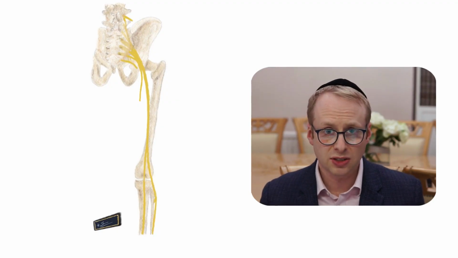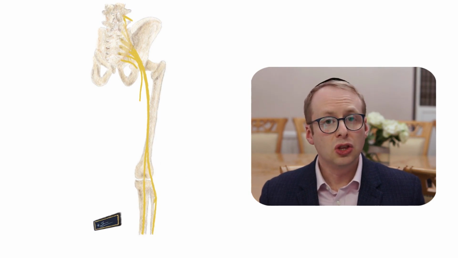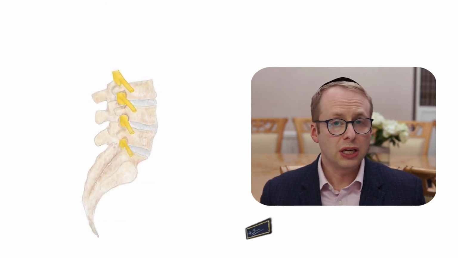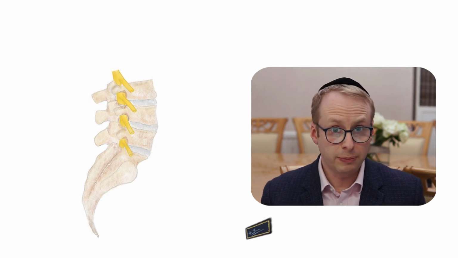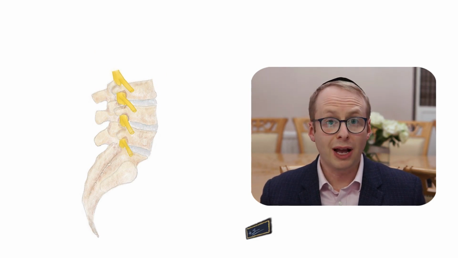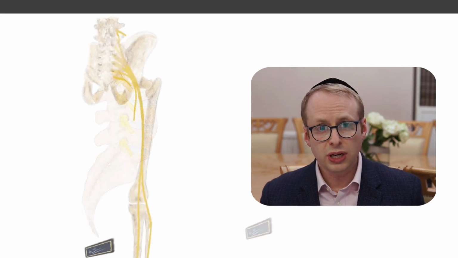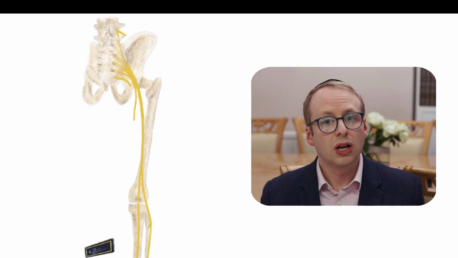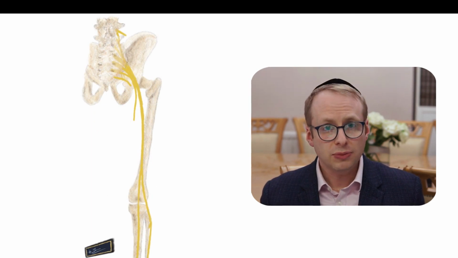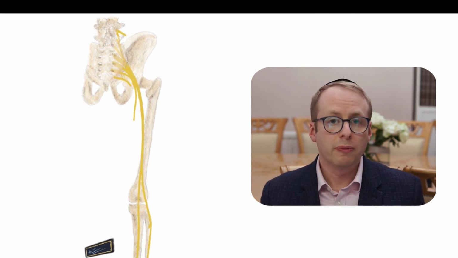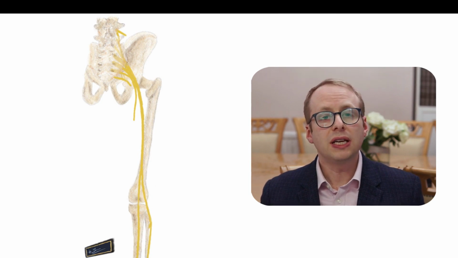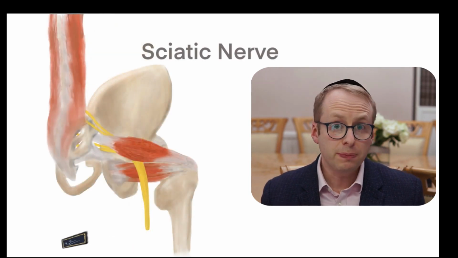Let's have a look at the anatomy now. So we have the nerve roots. These are the nerve fibers that come out from the spinal cord. We'll take a look at that in a bit more detail soon. And they come out from L4, the fourth lumbar vertebra, and down to S3, the third sacral nerve root. And they come together in the sacral plexus and then form the sciatic nerve just in front of the piriformis